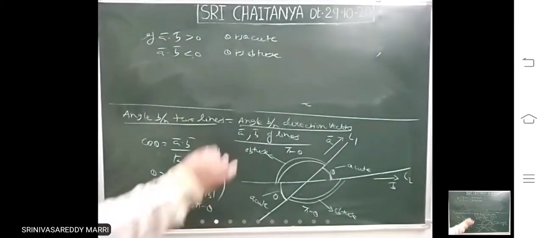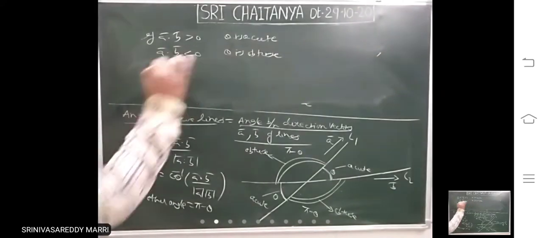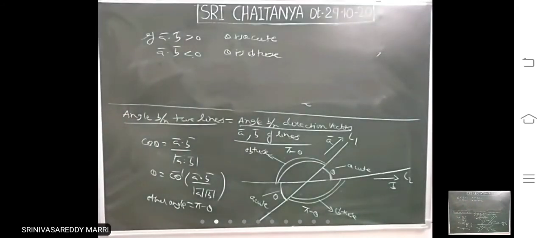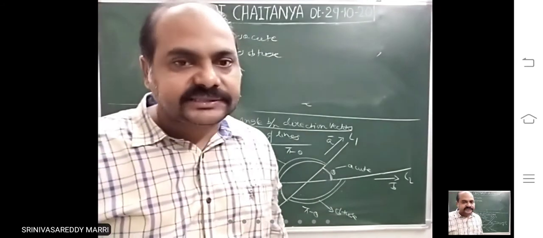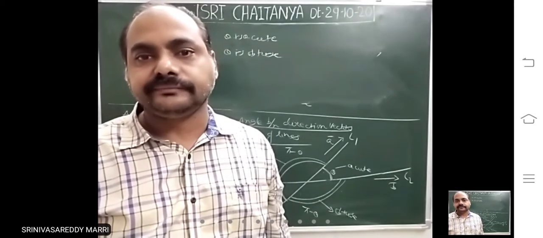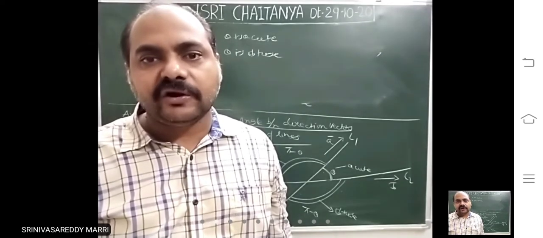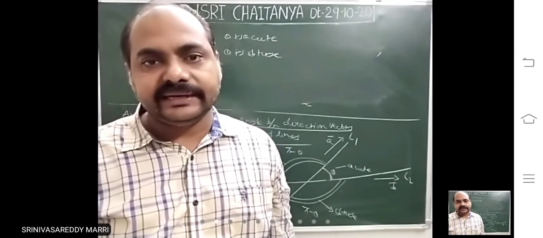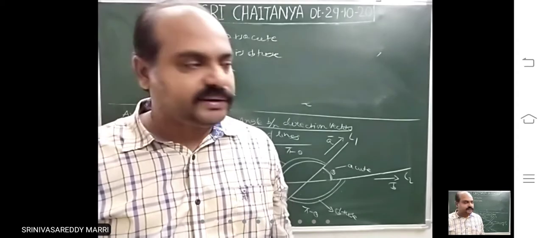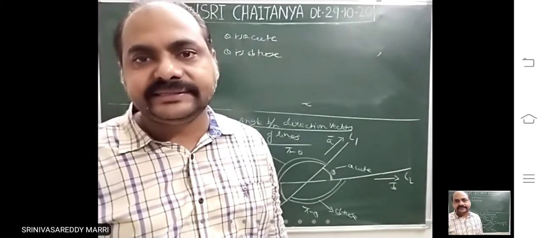Which is an acute angle and which is an obtuse angle, you can calculate by taking the dot product. If the dot product is positive, that angle is acute. If the dot product is negative, that angle is obtuse. That is the angle between two lines. There will be two angles. The difference between vectors and lines is that between vectors there will be one angle only. Between two lines there will be one acute angle and one obtuse angle. That is the difference, because lines are infinite. Vectors are fixed directed line segments.